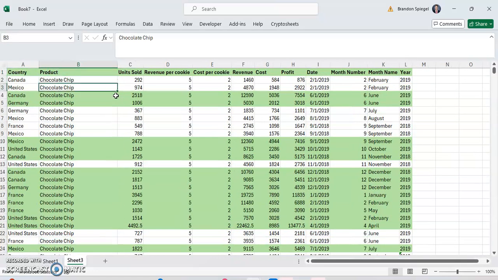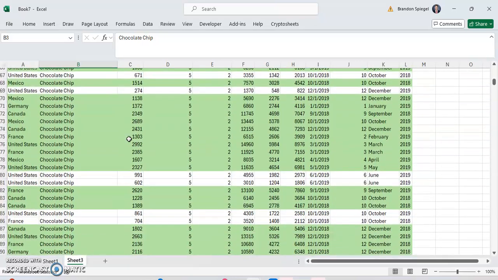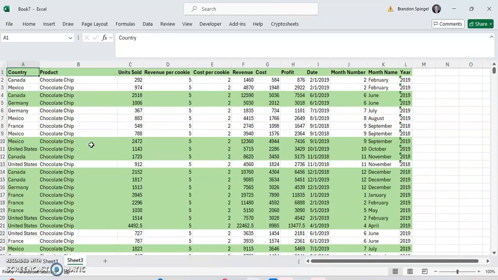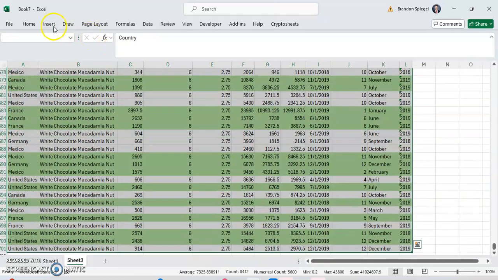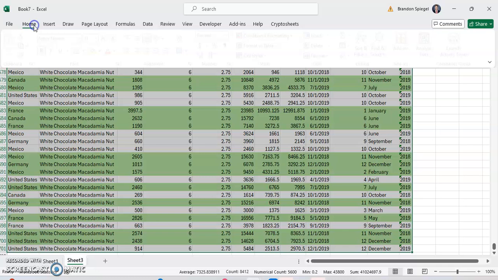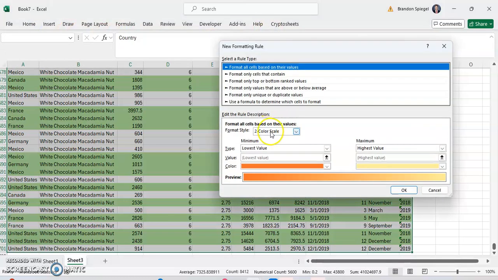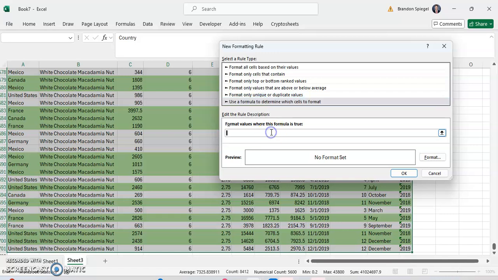That's a lot of green, but what about our more crummy sales, right? Sales that are less than 500. To do this, we want to click on Home. We do the same thing. Go to Home, Conditional Formatting, New Rule, and we want to use a formula to say wherever column C